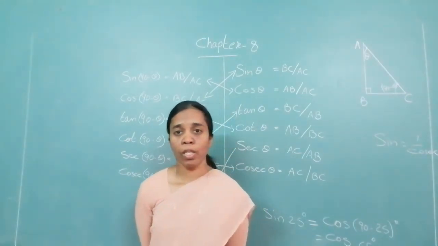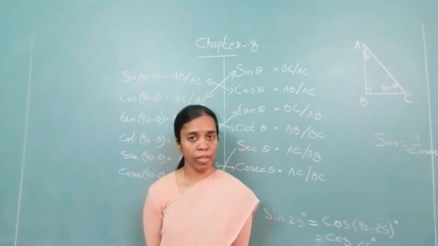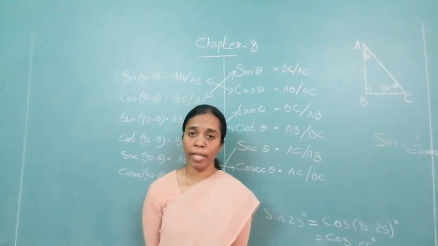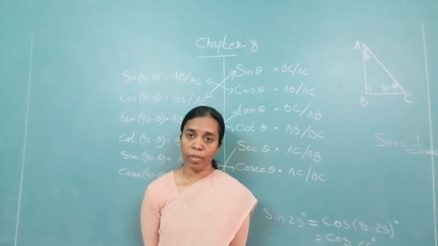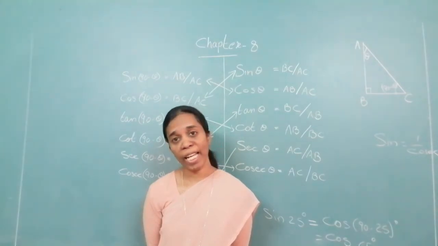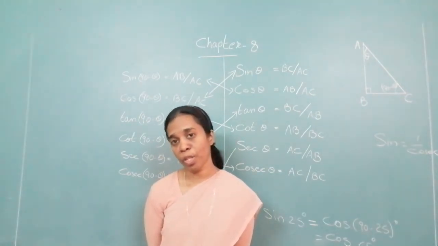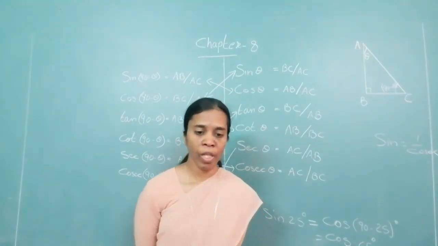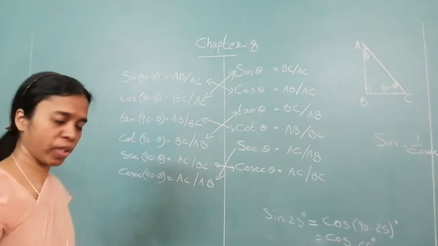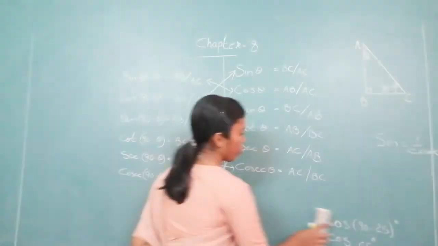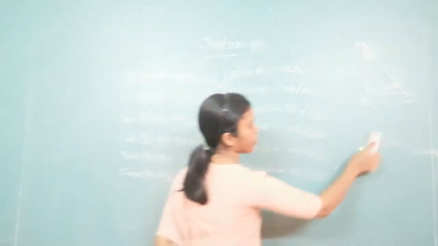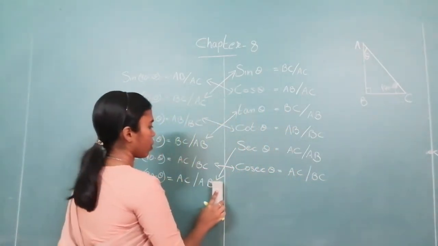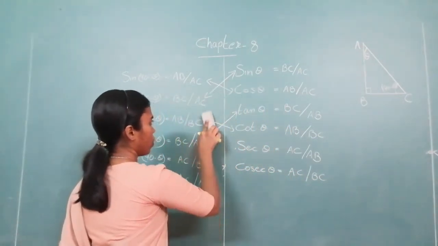This can be asked when you have to write in terms of one another. Suppose you are given tan 40 degree. Write it in terms of cot. So tan 40 is equal to cot 90 minus 40. That will be cot 50 degree in terms of one another. Now there are some more relationships over here. Let us see whether we can find some more formulas. This I suppose you will remember now.